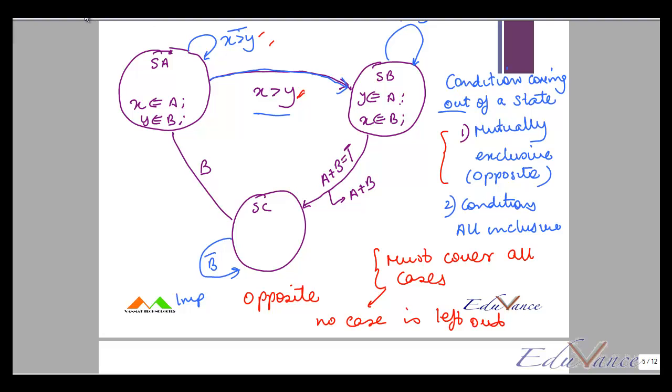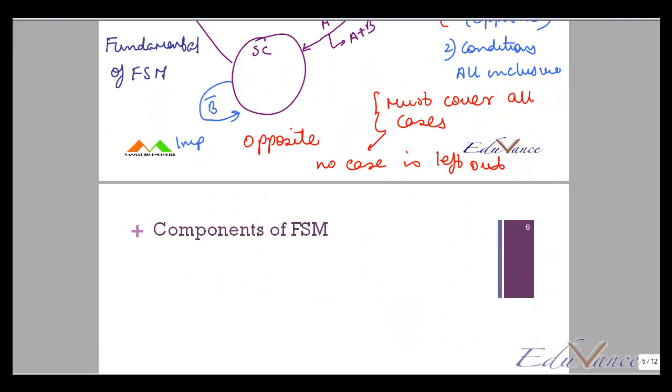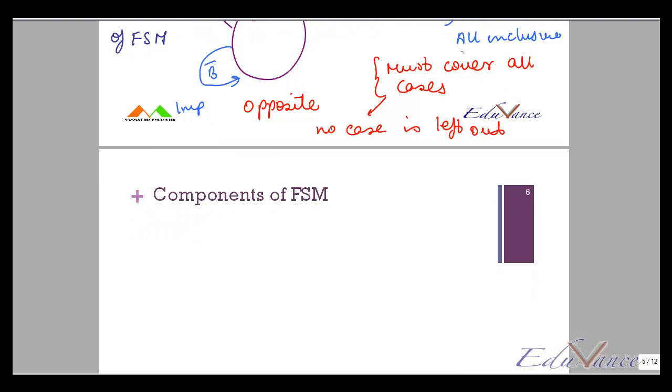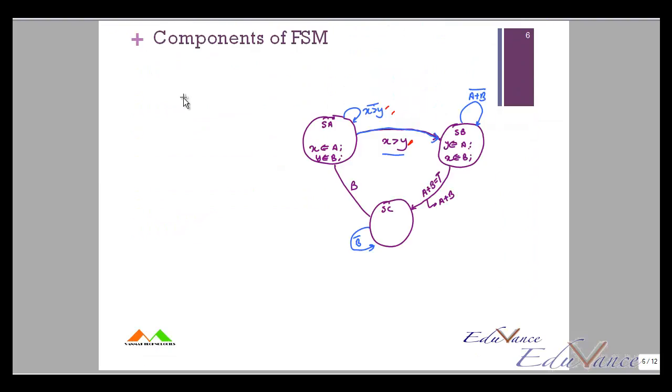Just to revise again, that the state transition diagrams, you must try and keep them mutually exclusive, and they must cover all cases, that is all inclusive. These are fundamental rules of FSM design. Please understand that. So now that said, if I have a state diagram like this, how do I program that in VHDL? But before that, you need to understand the components of a FSM. So given a state machine like this that we just saw,